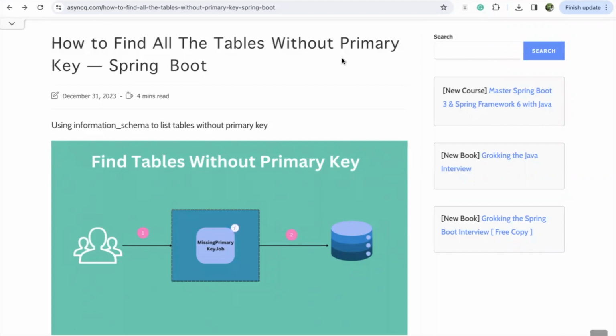Hey friends, so in this video, I'm going to talk about the article I wrote 2 days ago. In this article, I wrote about how we can get all the tables in the database that don't have a primary key, and that too we're going to use Spring Boot for that. Basically, we will be querying the database and getting all the tables that don't have a primary key and log